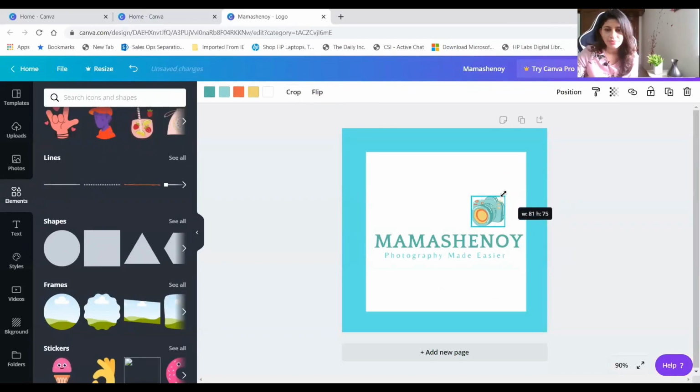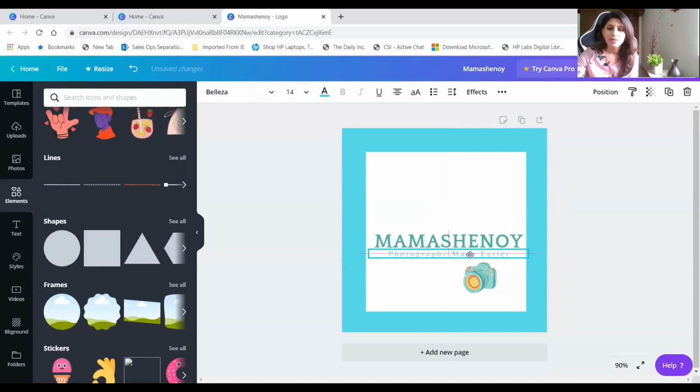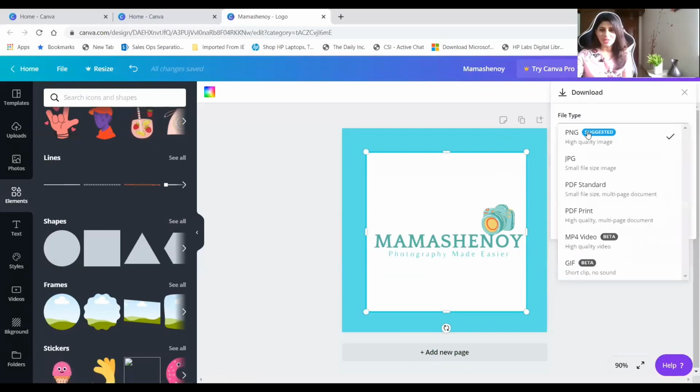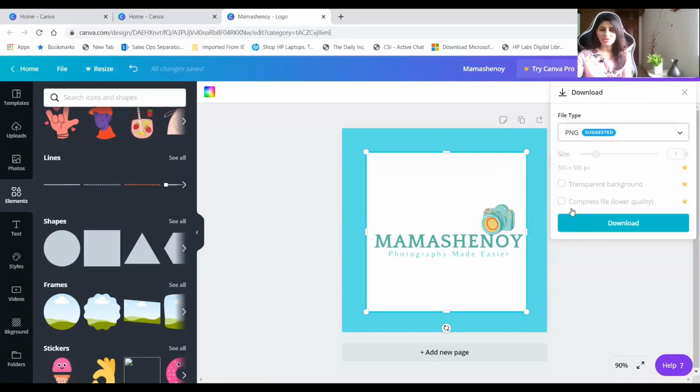So just drag and position your objects to make sure it looks realistic. And in case, imagine I want it to be here or maybe just fit in right here. Okay, let me keep it here itself. Yeah, there you go. Did you see that within 5 minutes we are done with the sample logo through Canva, right? And it's totally free. All you need to do is just go over here, download a PNG format, and download it on your system. Yeah, how easy is that, right?